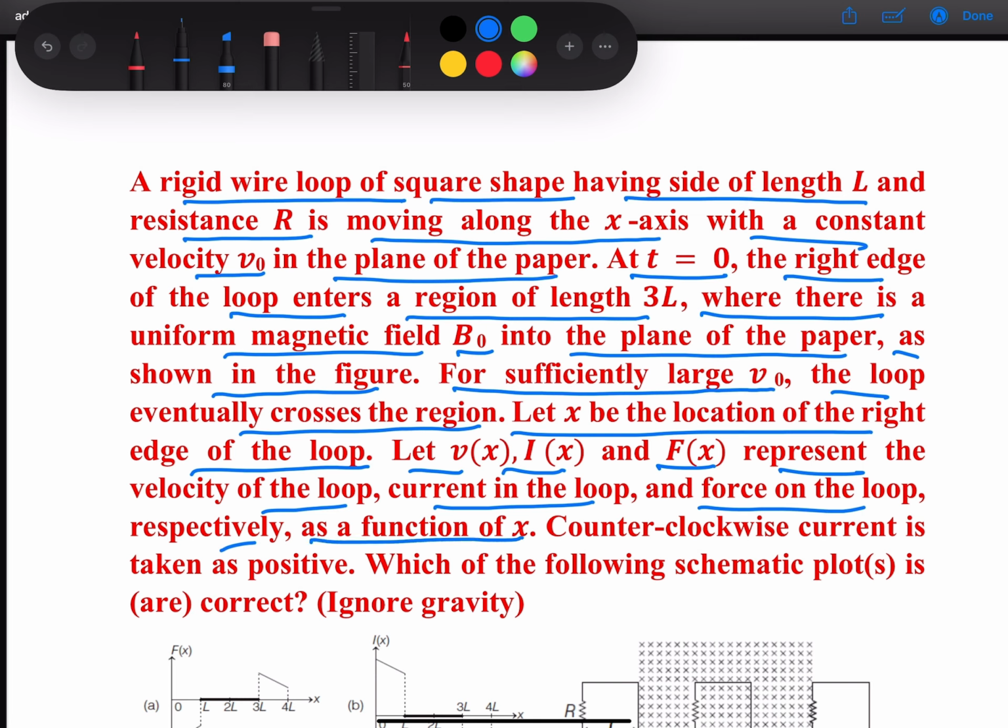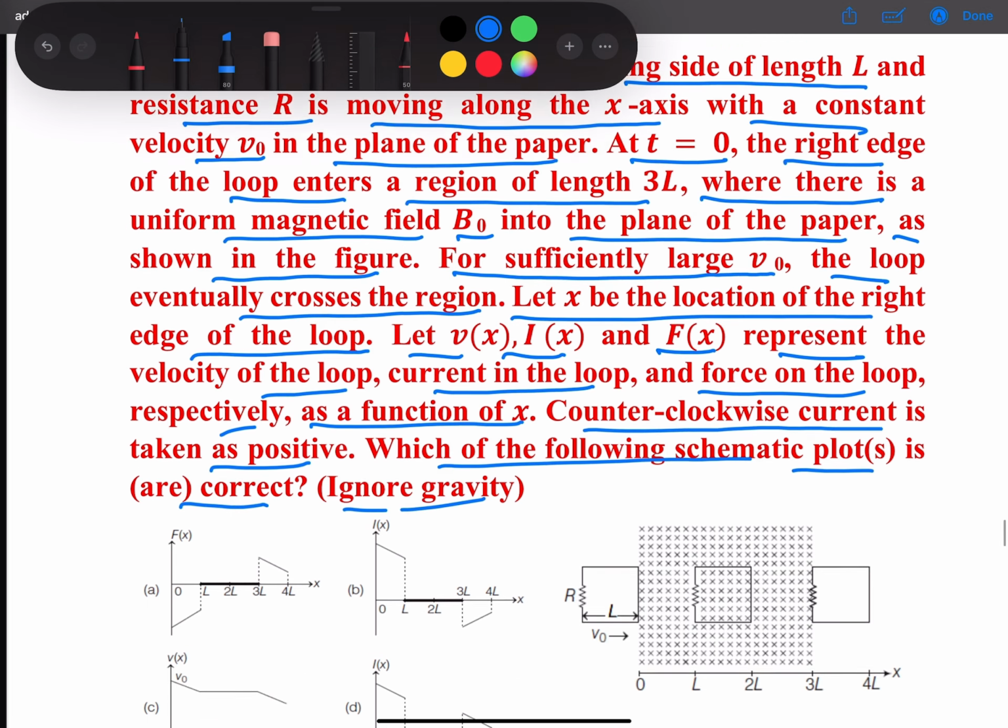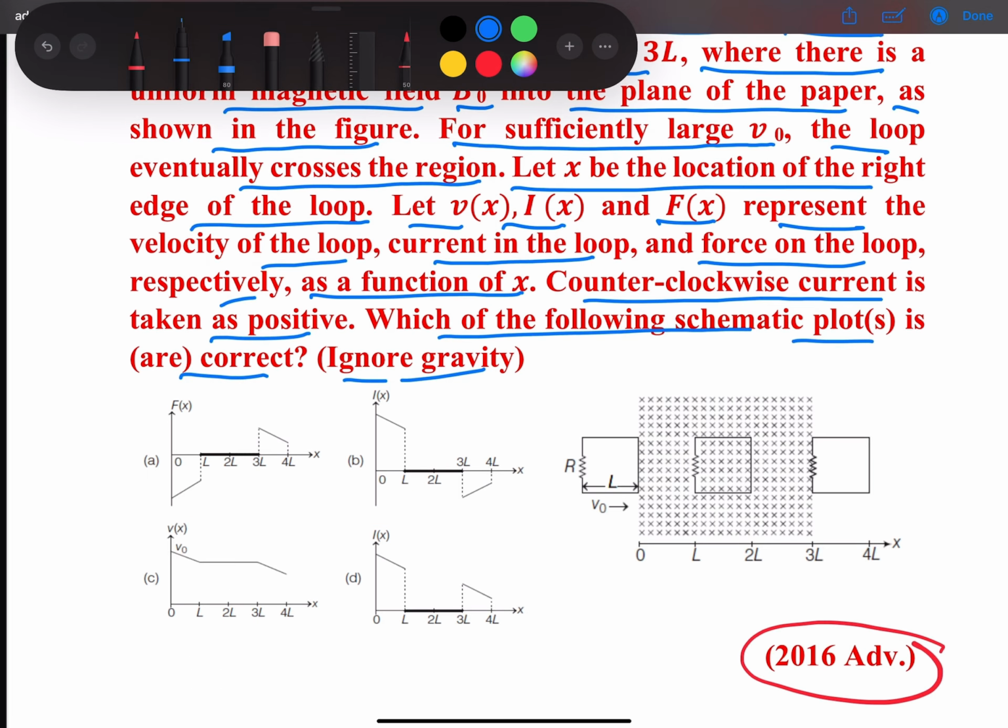As a function of x, counterclockwise current is taken as positive. Which of the following schematic plots is or are correct? Ignore gravity. So we are given this figure,